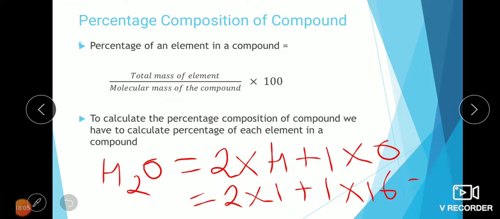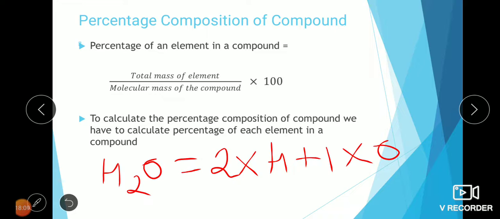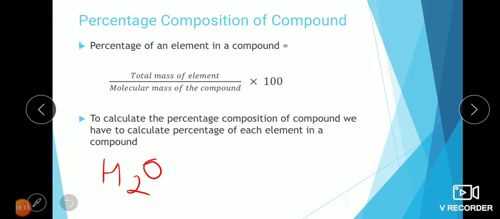Most of you may be thinking that you have to learn atomic mass numbers also. I would advise you to learn the atomic mass numbers of certain specific elements. If you want, you can write it down. I'll be a little slower so that you can write down the things properly. I'll use some common elements whose mass numbers, if you remember, will help you in the examination. In most cases in the question paper, they will give you the atomic mass numbers of elements which are not common. They may also give you all the atomic mass numbers of the elements required for solving the particular question. But if we can recall them, it will be much helpful for us.